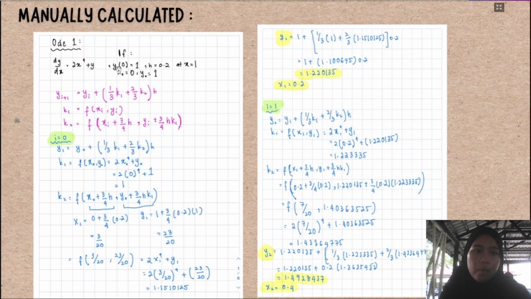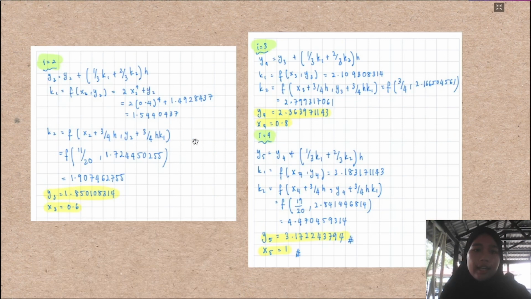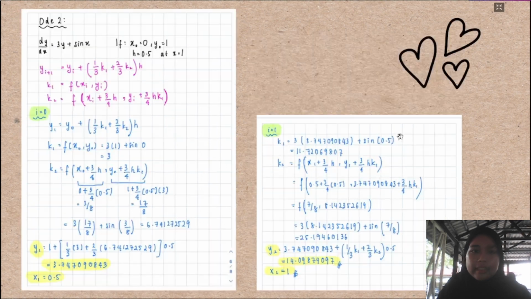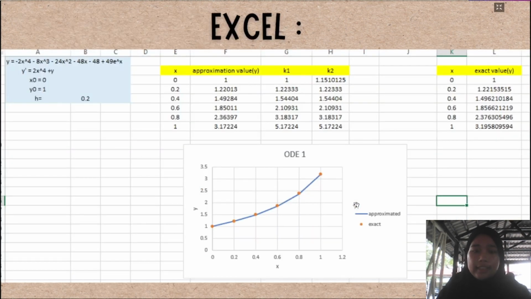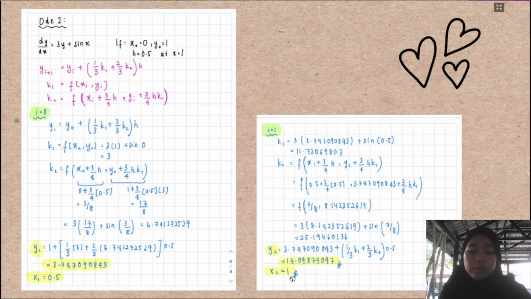When y is equal to 1 and x is equal to 0, our answer when x is equal to 1 is y equal to 3.172243794. This is my manually calculated method, and this is for our second ODE. Using the same initial value problem that we substituted in our C++ just now, we get the answer when x is equal to 1, y is equal to